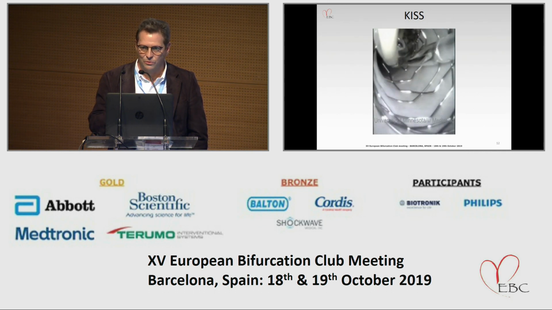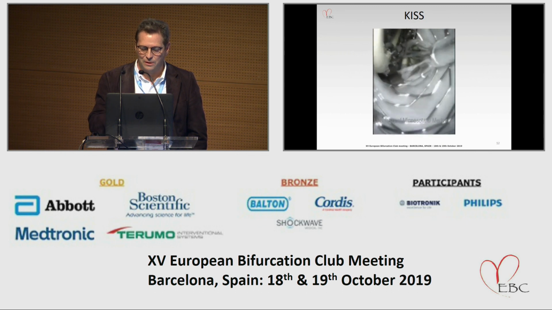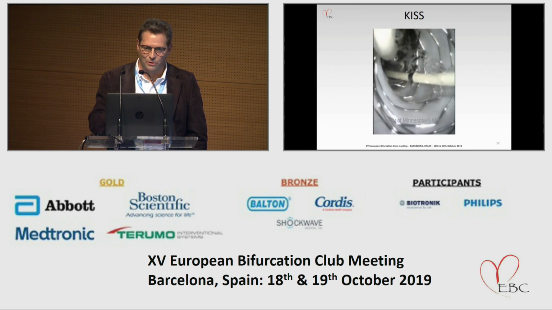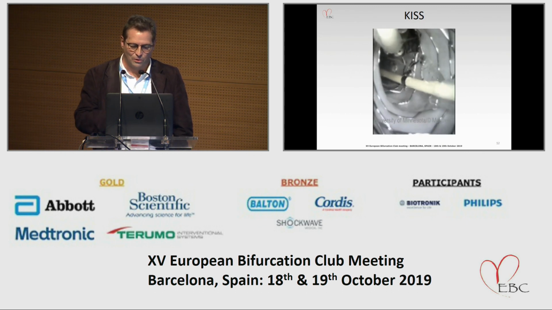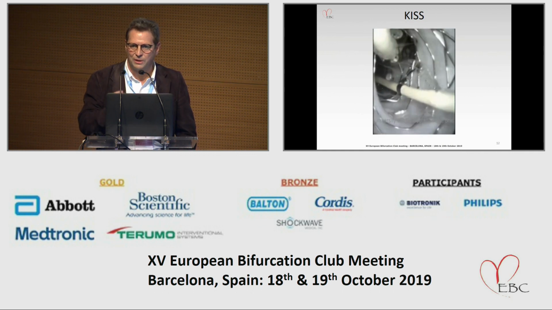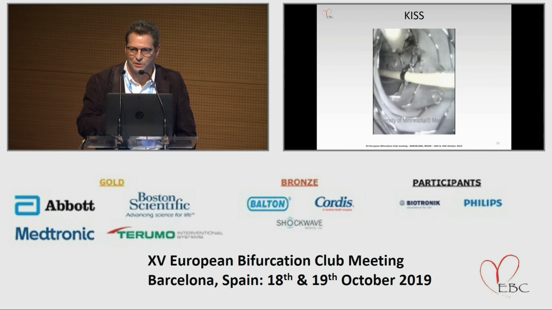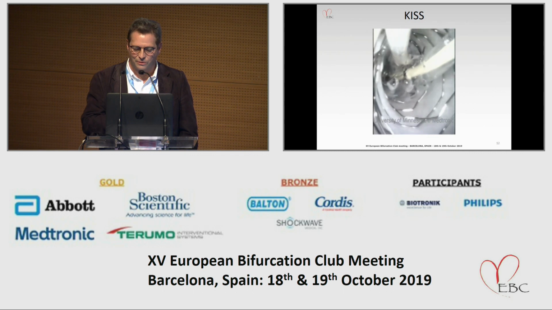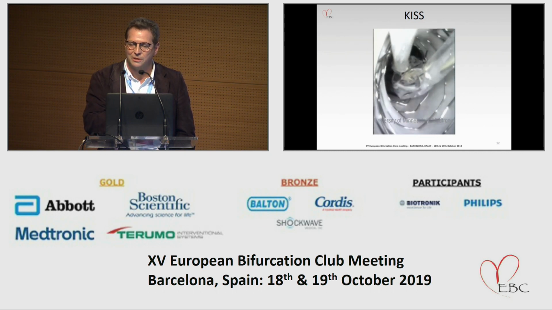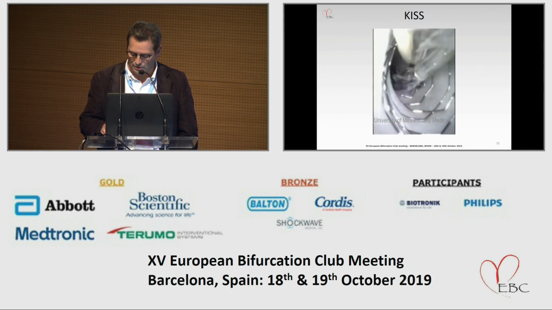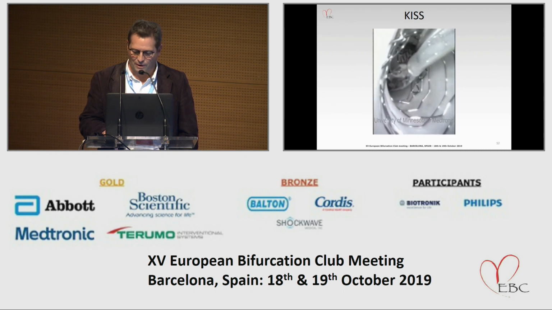Simultaneously kissing we don't do anymore. Segmental: first one balloon, low pressure, then second balloon, low pressure, then down, basically at the same time as fast as possible, because the thing we do here is actually taking care of the carina and putting it in the middle. Having done that,